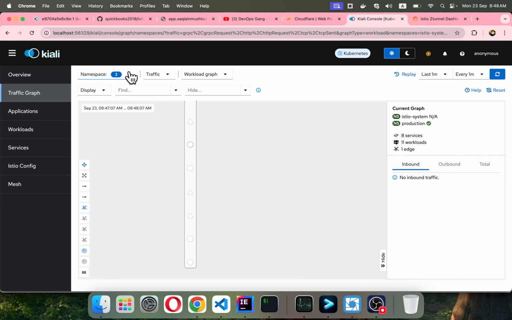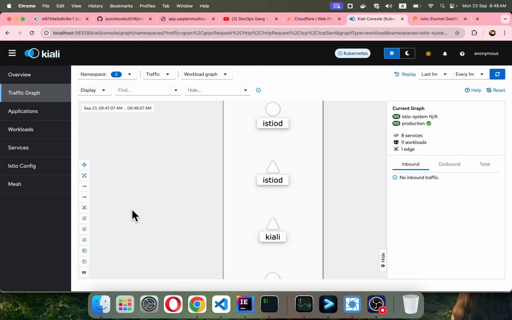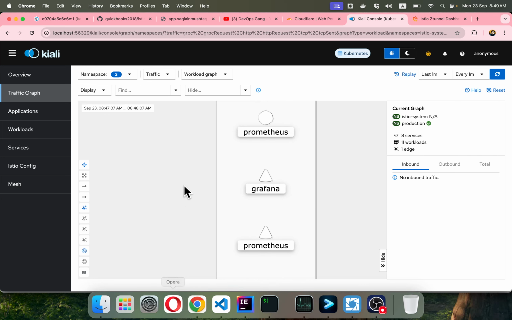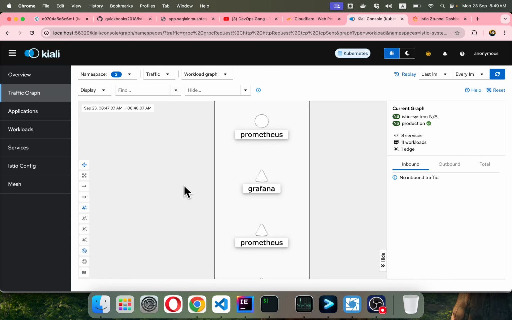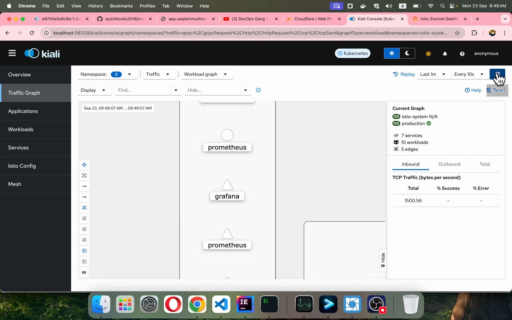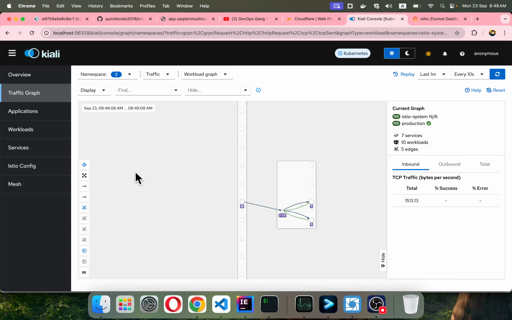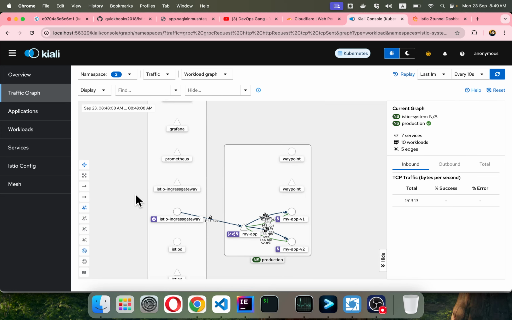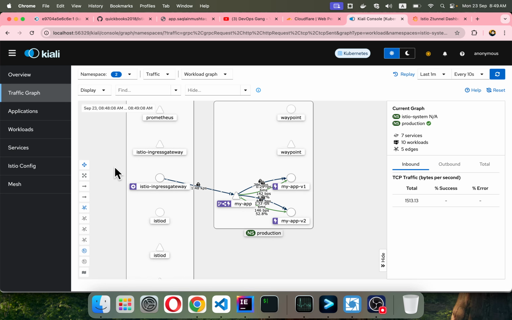and let me check this. Okay, wait for a while. We need to wait for a while or a refresh. In fact, I should go to this section. Refresh it from here, and you see the 50-50% traffic is actually happening here. So guys, we are actually sending 50% of the traffic to one of our